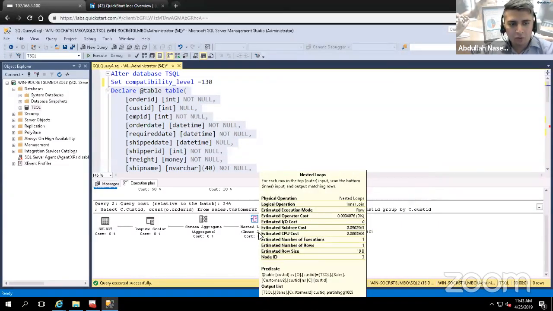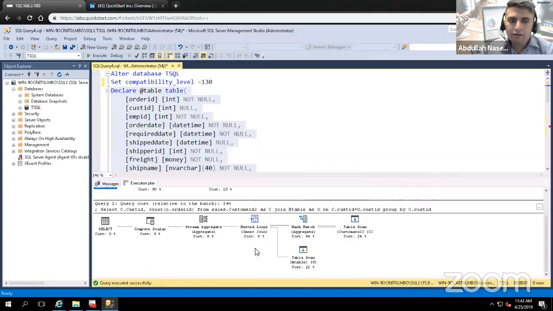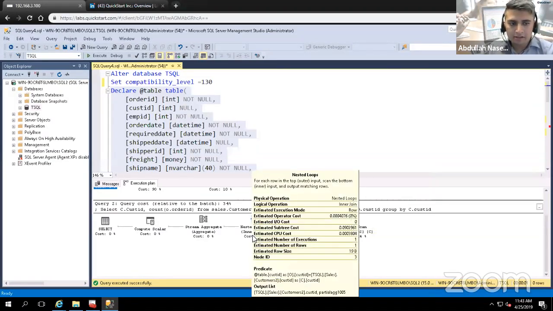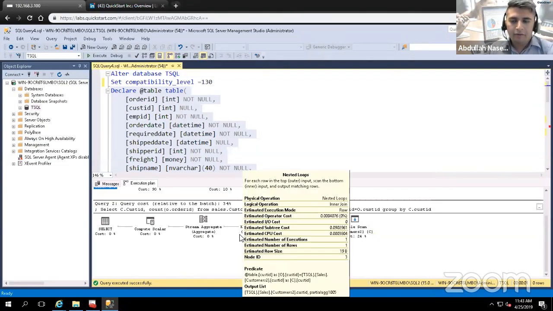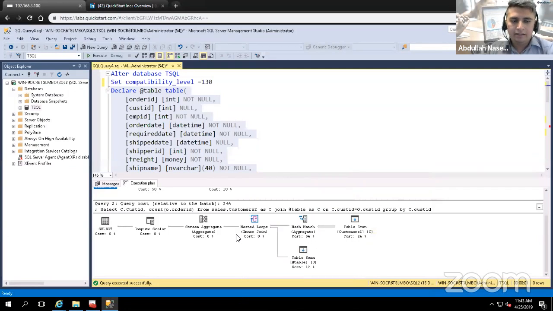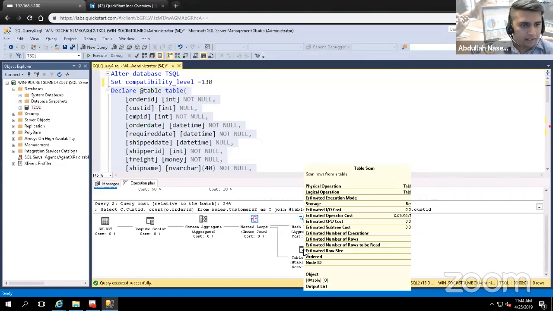it's doing a nested loop. Right? Nested loop is one of the slowest ways of doing joins. It's the easiest way, but the slowest way when it comes to large data. When we have large data, this is not an optimal solution. And it's doing a table scan, sure, but notice